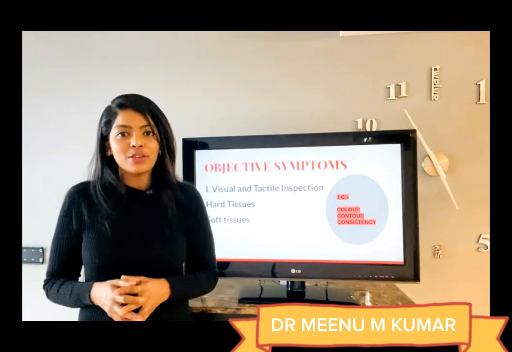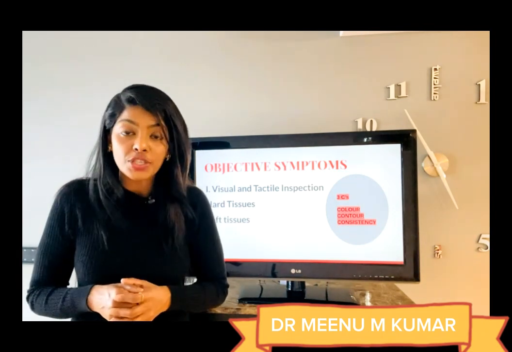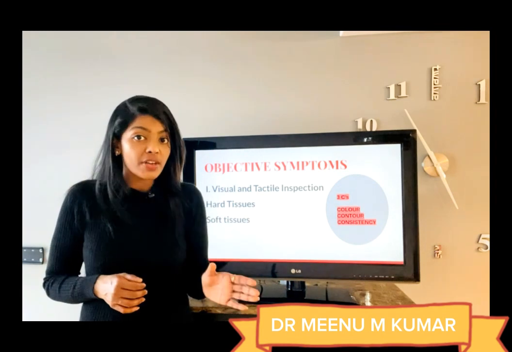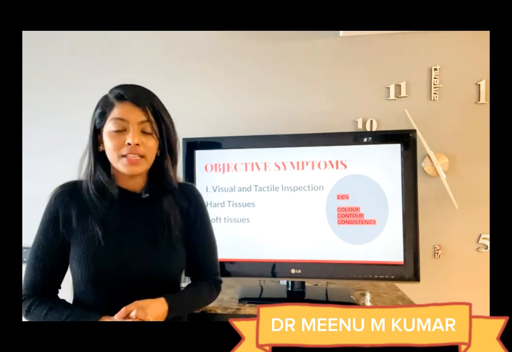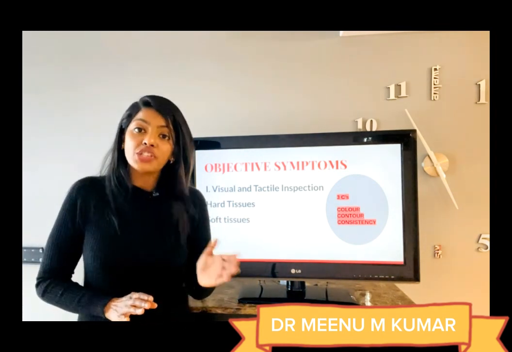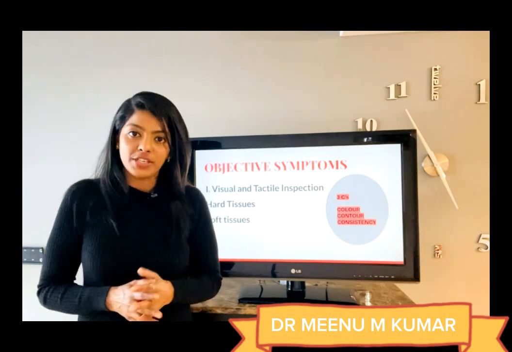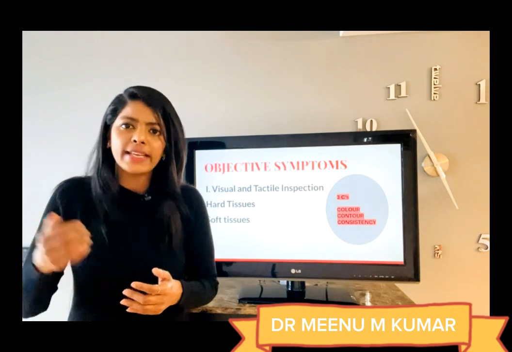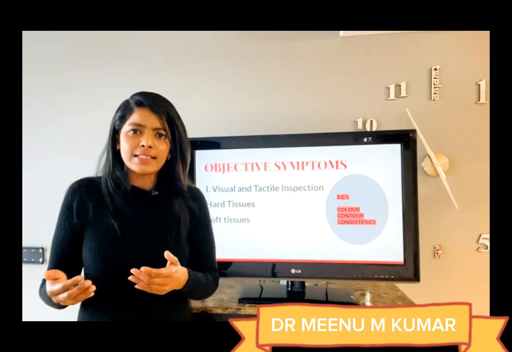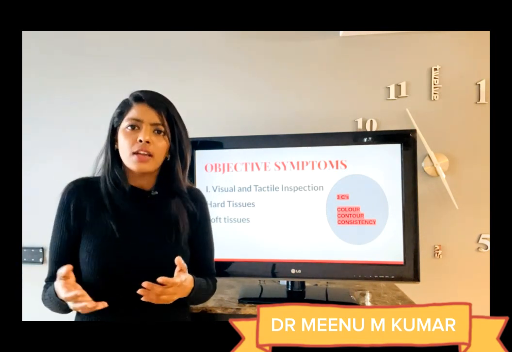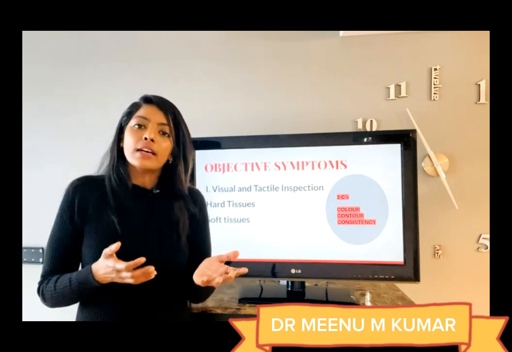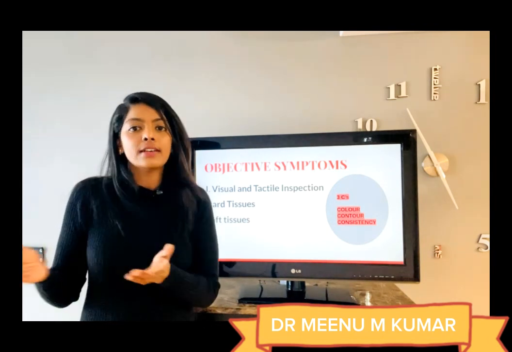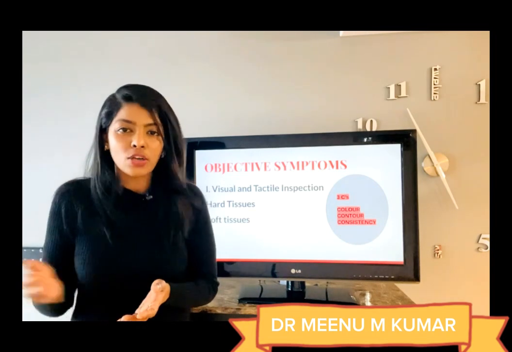Coming to the soft tissue evaluation. In soft tissue evaluation, you have to evaluate both the gingiva and the periodontium. In gingiva, you have to first evaluate for the color change. The change in contour is usually associated with swelling. The change in consistency, if it is soft, fluctuant, spongy, rather than the normal consistency, it is indicative of a pathological